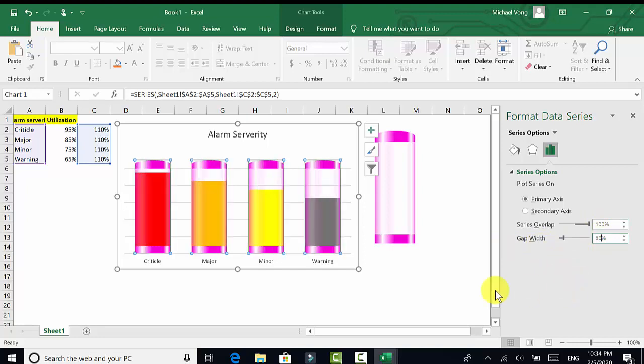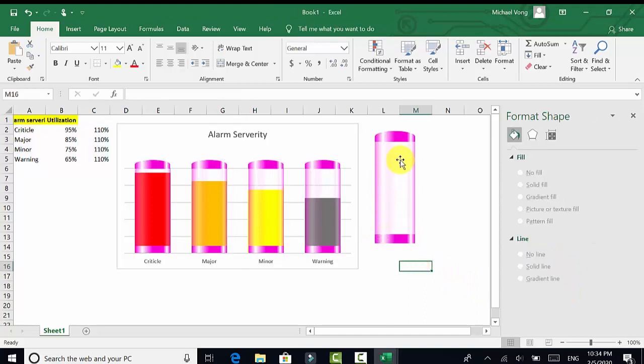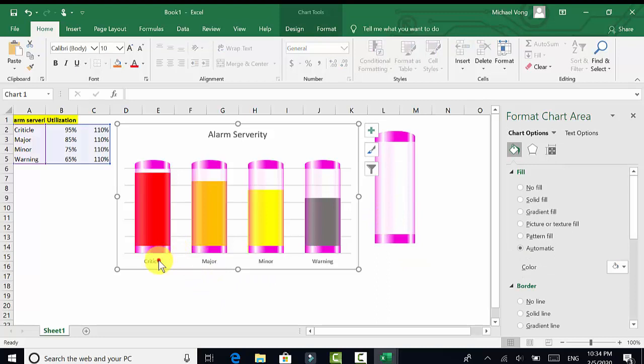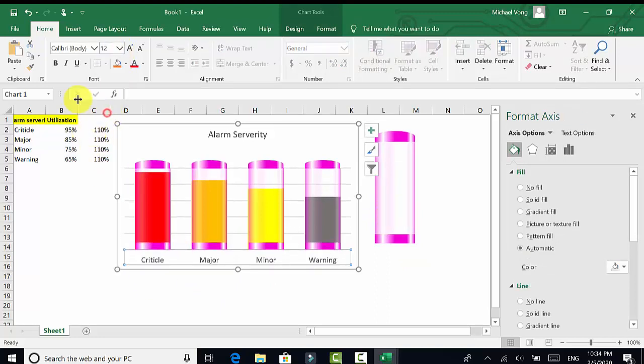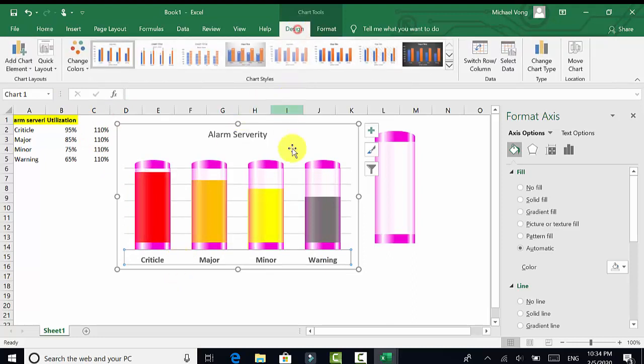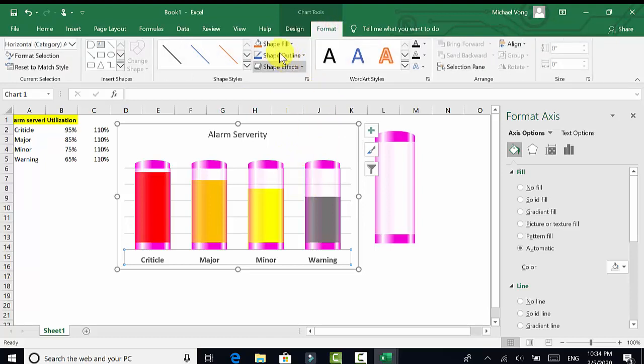Okay, right. Okay, this one is so small, so we can change to, and should we change